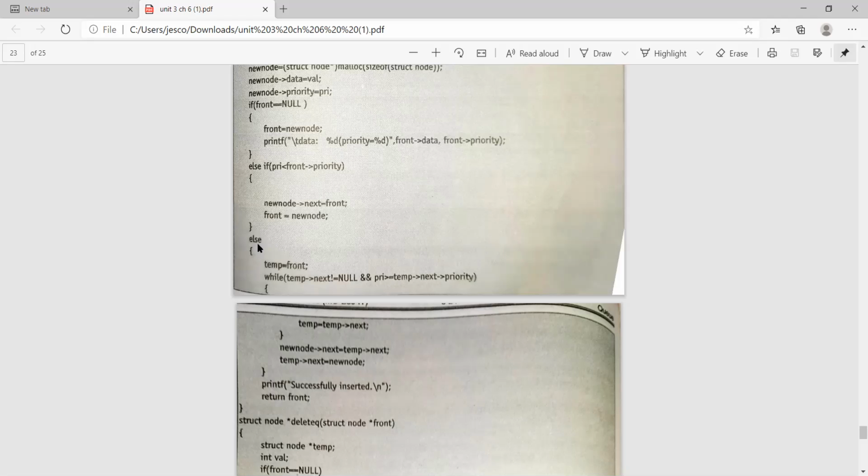If the priority is not less than the front, that means the priority is greater than front, we have to check through the queue after which element the new node will be stored. For that purpose we will write a while loop, that is temp next not equal to null.